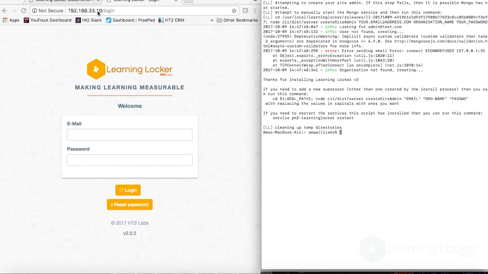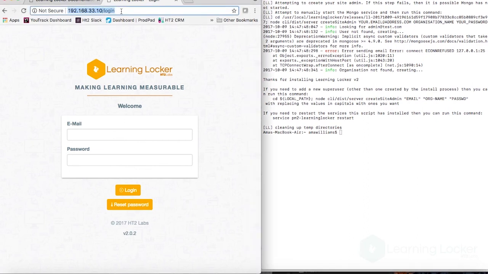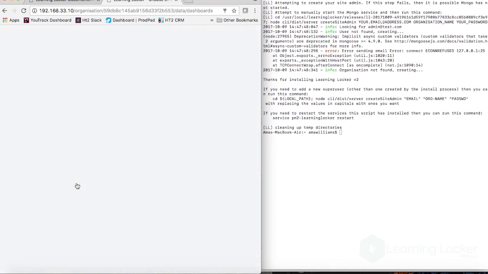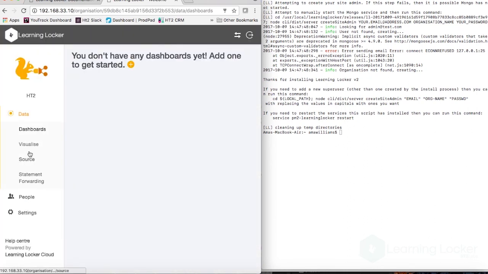Now, if I go to the IP address that I've configured for Vagrant, I can see that Learning Locker is running, and I should be able to log in with the password that I just set. And then I'll see my organization that I also created. There we go, a working